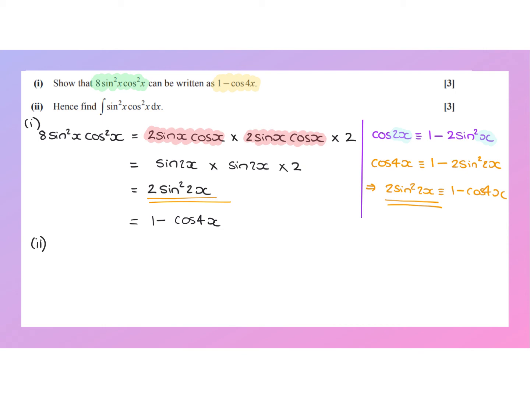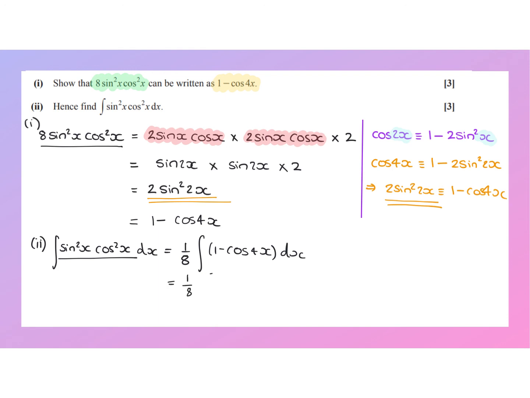is done, and part 2 requires us to integrate sine squared x cos squared x. So the integral of sine squared x cos squared x with respect to x is 1/8 of the integral of 1 minus cos 4x with respect to x, because of course this result here is missing the factor of 8 there. So I'm going to leave the 8th outside the integral sign for the moment and just integrate both parts